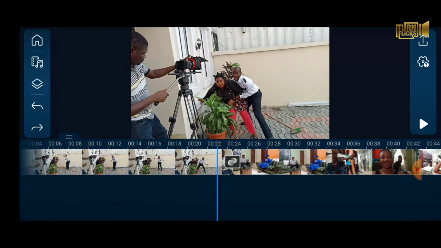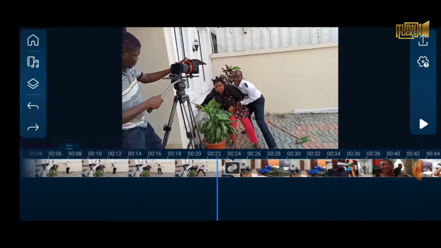What you do, on the left hand side of the software, where you have the home button, which is the top one. You don't need to click the home button, because the home button is just going to take you back to the start. So what you want is this button that has the music icon or the video reel, the second one from the top on the left hand side. Click it,